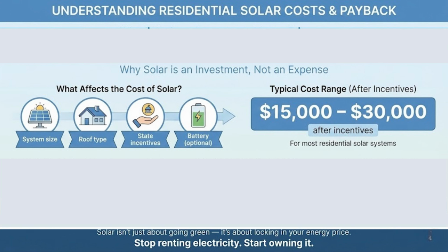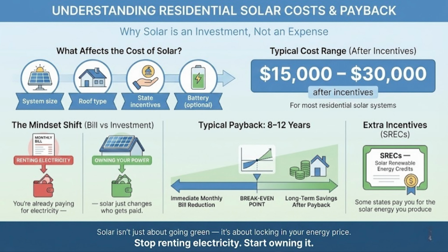But in general, most homeowners end up spending somewhere between $15,000 to $30,000 after incentives for a typical residential system. Now, before you think that sounds expensive, remember this. You're already paying for electricity every single month. The difference is with solar, you're investing in something that eventually pays you back. Most homeowners see lower monthly bills immediately, and full payback usually happens in around 8 to 12 years, depending on